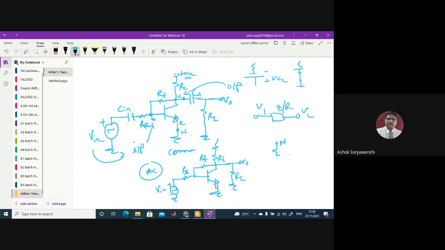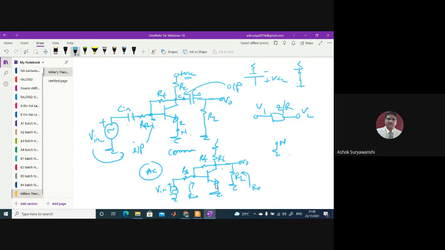Okay, so this will be your AC circuit. But now here, if I want to find out the input resistance Rin seen from this side, I can't find it because I don't know the value of this RF on the input side. Or if I want to find out the output resistance R0, I cannot, because if I see from the output side and this voltage source is also shorted, I can see only RL, but I cannot see the effect of this RF on the output side.